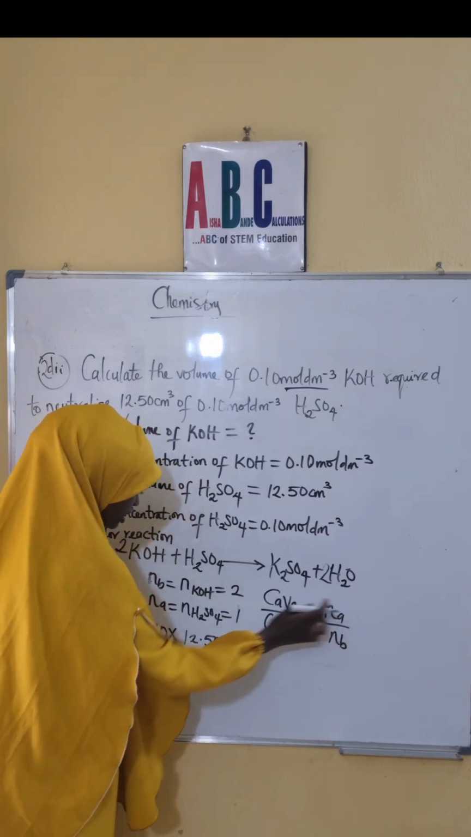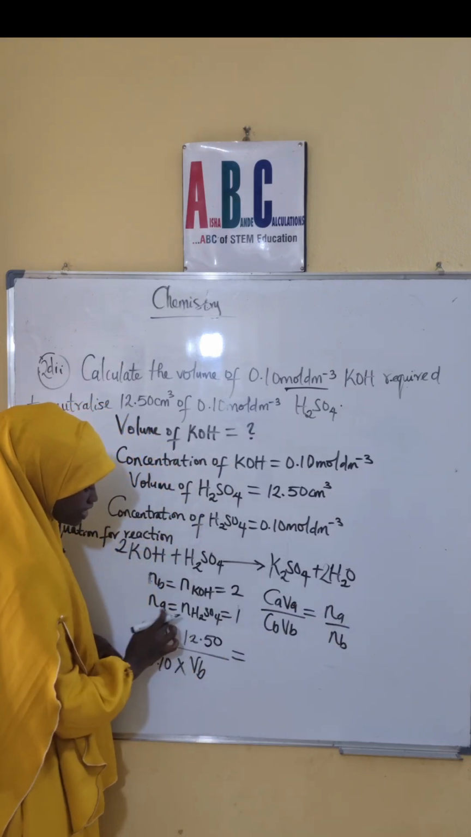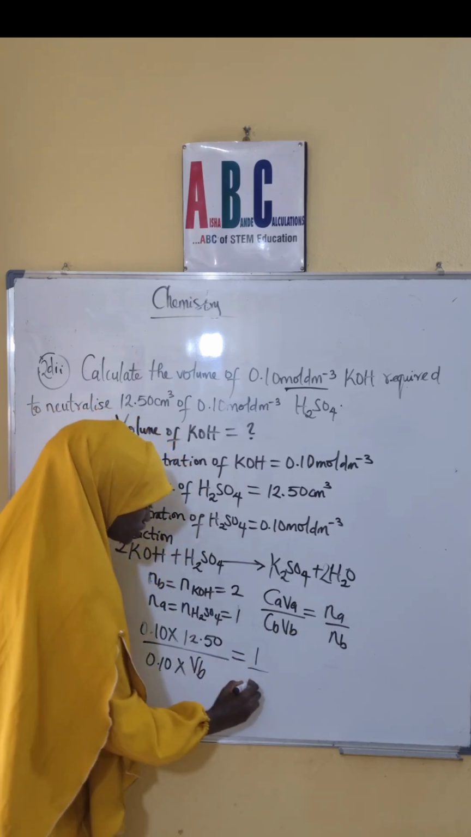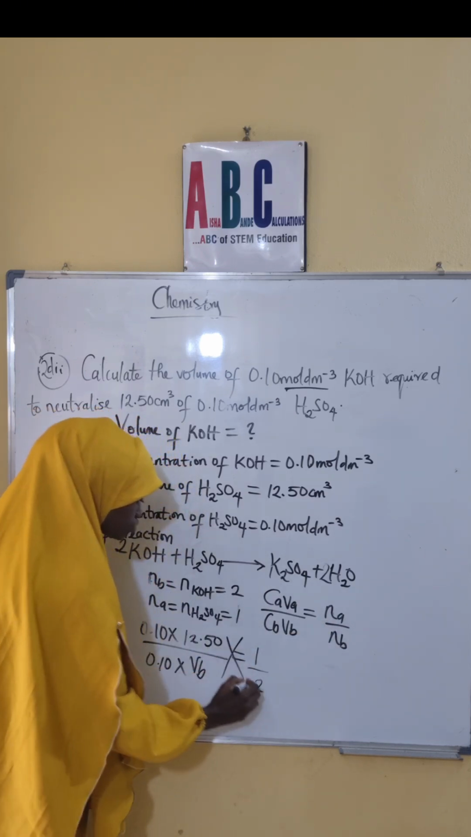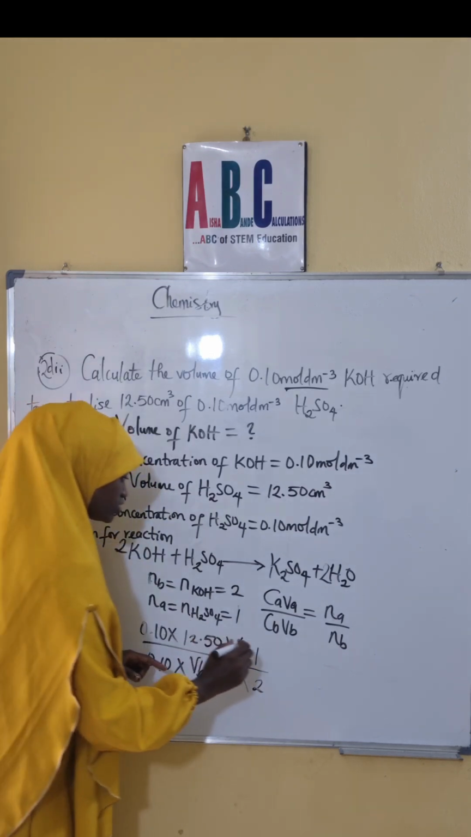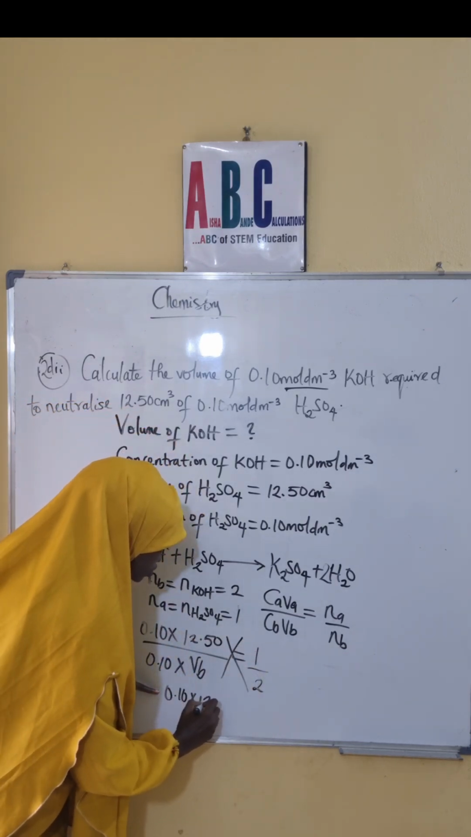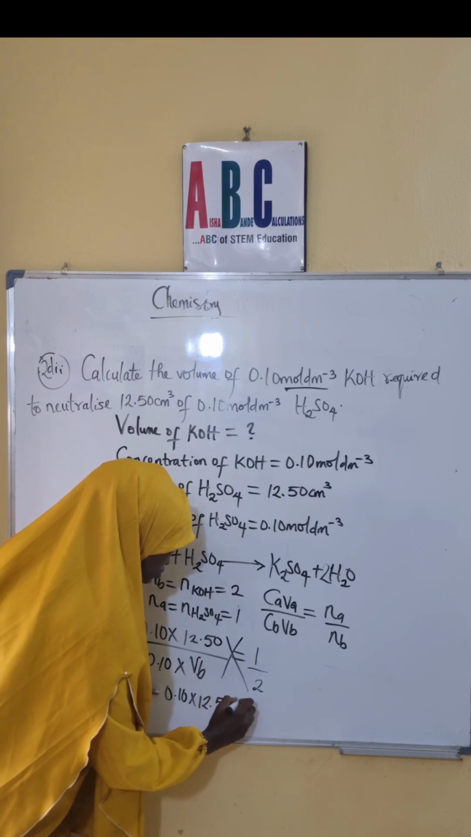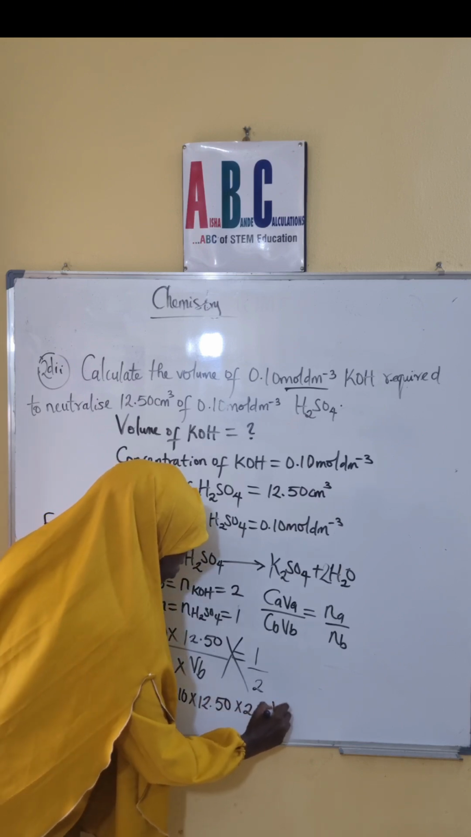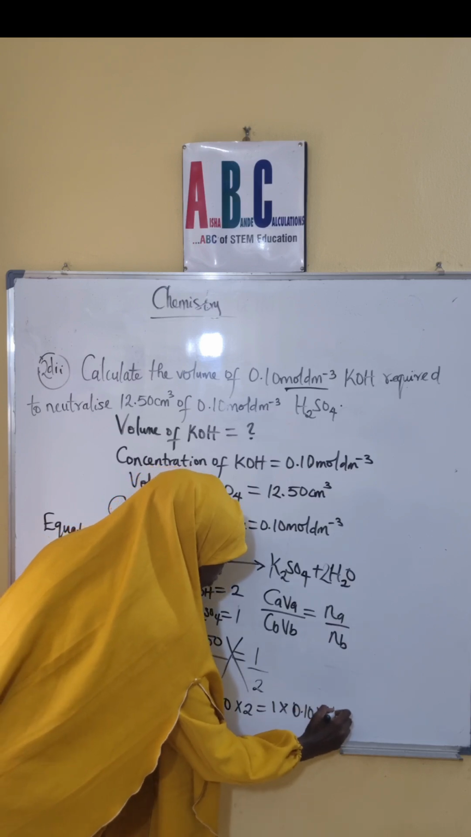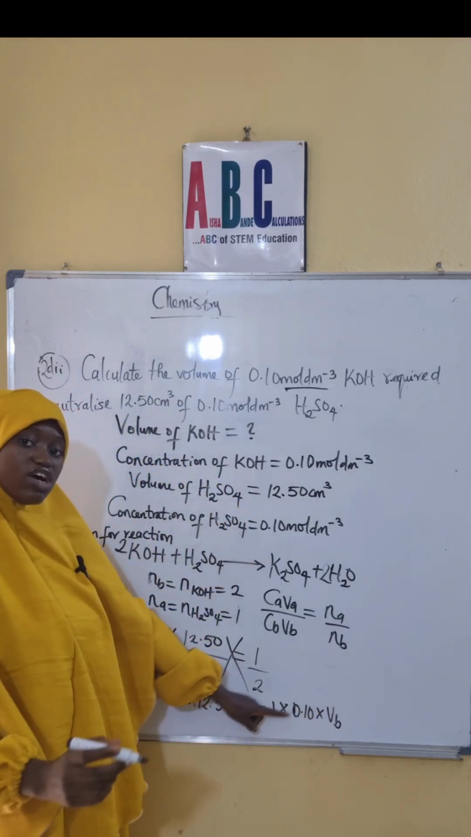This is equal to nA, that's for the acid. A stands for acid, B is the base, over nB, which is 2. So all we have to do here is to cross multiply and simplify to get the final answer. This becomes 0.10 times 12.50 times 2 is equal to 1 times 0.10 times VB. So with the knowledge we have in mathematics,